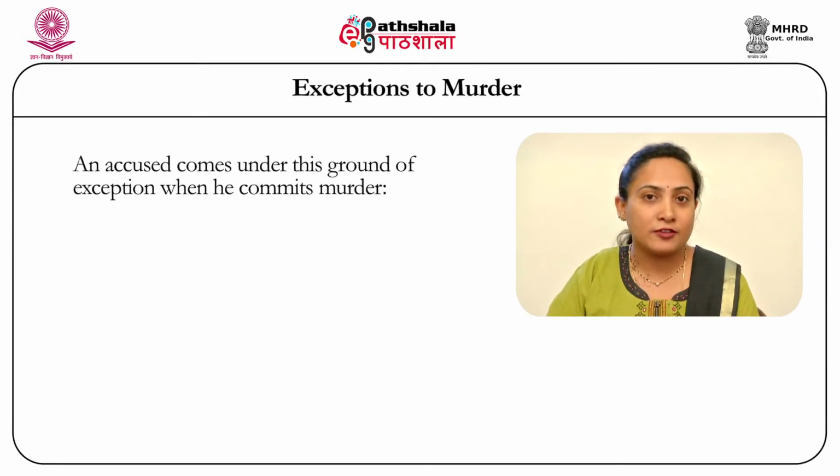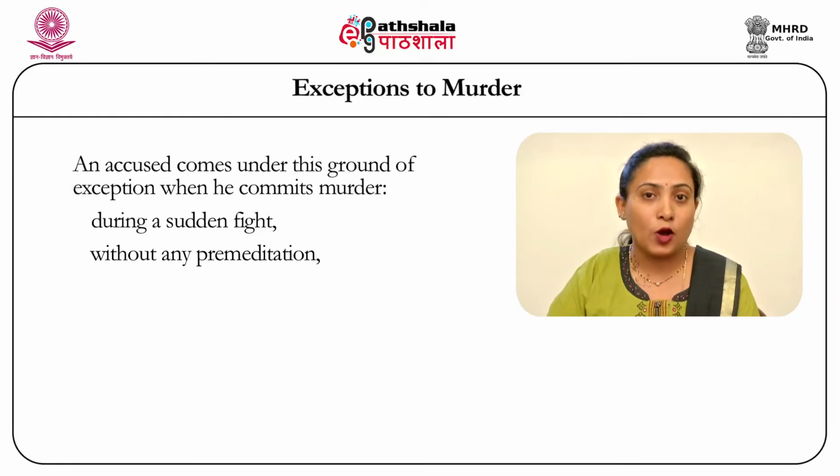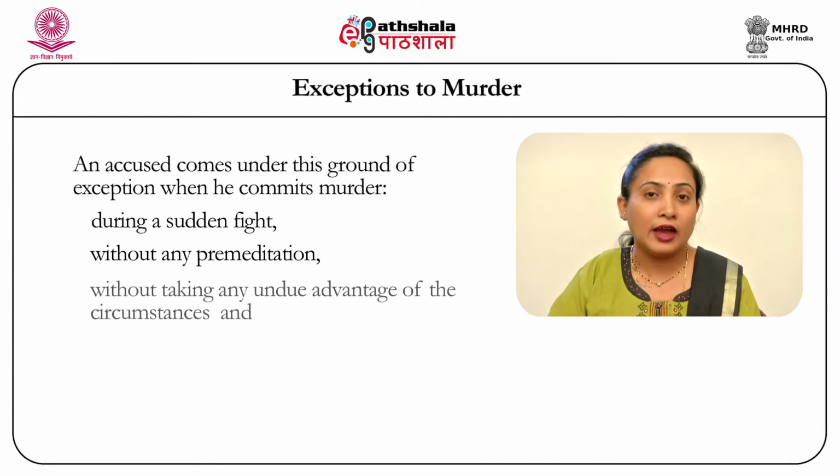An accused comes under this ground of exception when he commits murder during a sudden fight, again not being one which is pre-planned by the parties to the fight, and this is something that is done by the parties without any premeditation, that is, the accused had not pre-planned the offence or its commission, and that is also a case which would fall under this ground of exception provided the accused also proves that he has not taken any undue advantage of the circumstances,